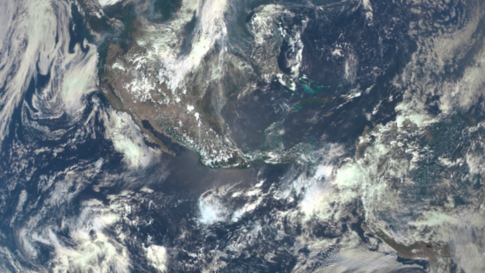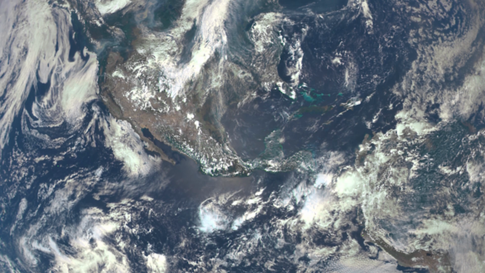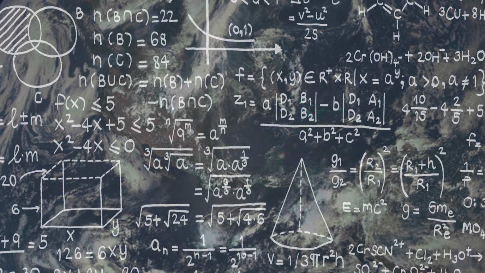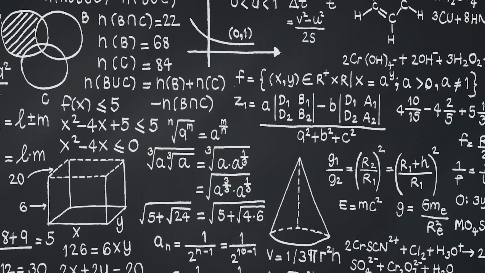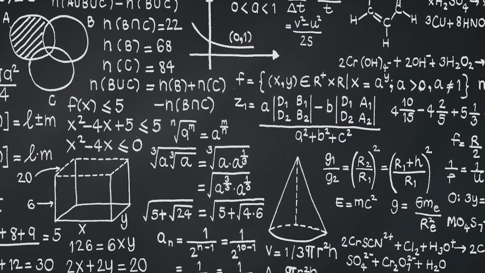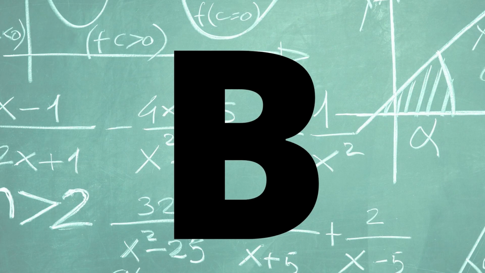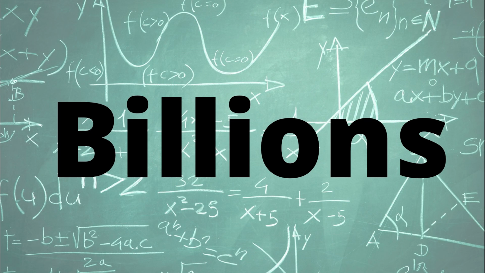Now it's your turn. Go back through each of the variables and plug in your best guess. Do the math and see what your answer is. The most pessimistic predictions point to Earth being the only place where all of these criteria have been met. The most optimistic predictions right now put the number of radio communicating civilizations in the billions, with a B, billions. Let us know what your prediction is down in the comments.